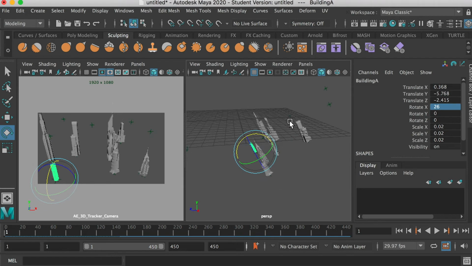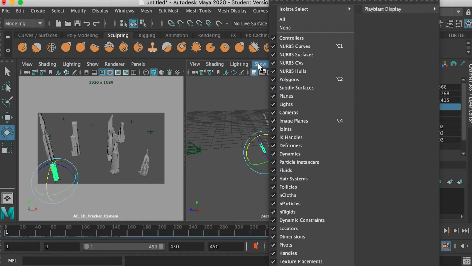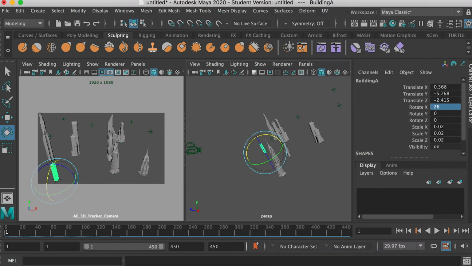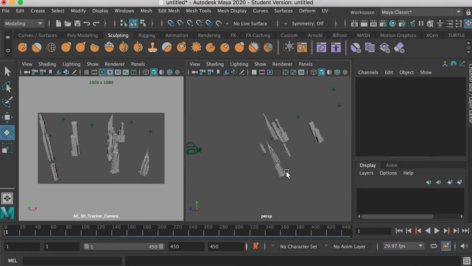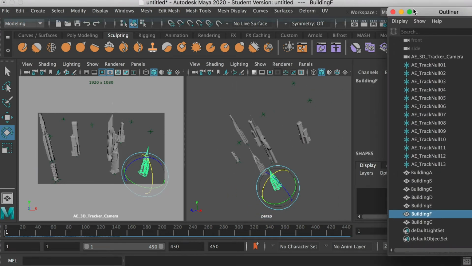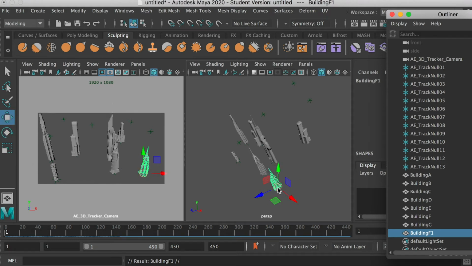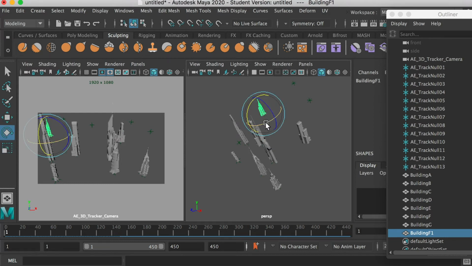Right now I feel the grid is a little bit annoying, so I can just go to Show here and check off grid. If you scroll down to the bottom of the menu, you should see that. So check off grid, and then select some of these buildings. Here you can see it in the outliner. So I select building F and hit Command D to make a duplication, then hit the W key for move, and hold the V key to snap it to a different spot, and then use the E key for rotation,